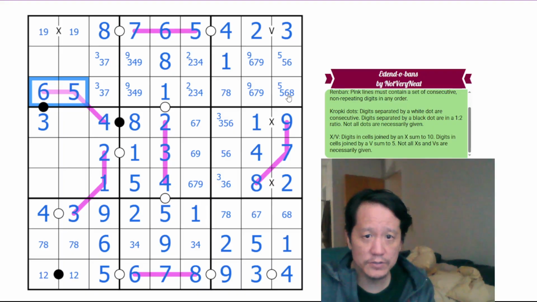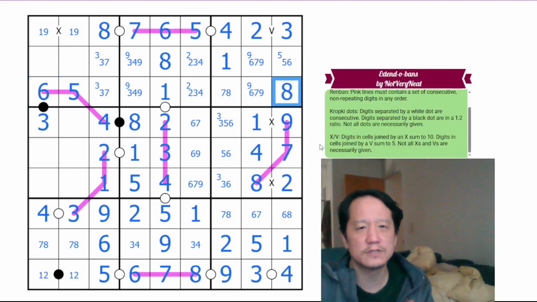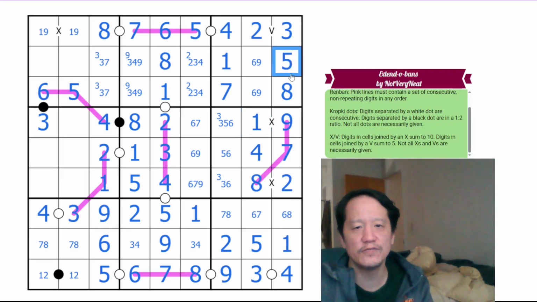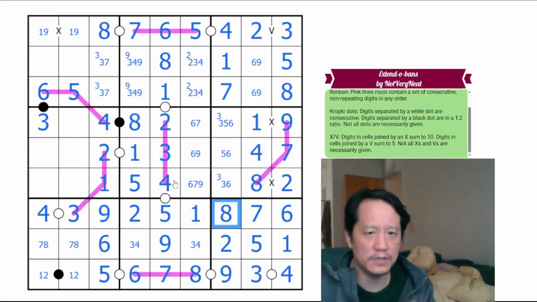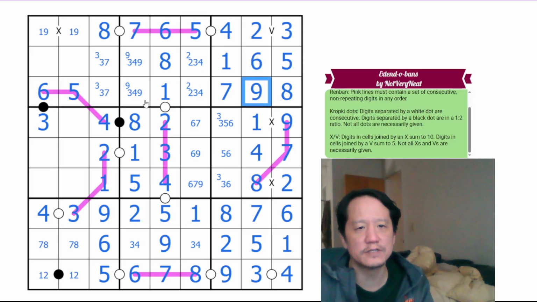5 and 6 are here, so this can't be 5 or 6, it's 8, which makes that 7, which eliminates 7 in the rest of the box. This is 6, 9 pair, which eliminates 6 and 9 in the rest of the box, so this can't be 6, it's 5. 8 eliminates 8 here, so it's 6, which eliminates 6 here, so it's 7, which makes that 8. 6 eliminates 6 here, so it's 9 and 6. 9 eliminates 9 here. This 7 eliminates 7 here, so it's 3 and 7, which makes this not 3, so